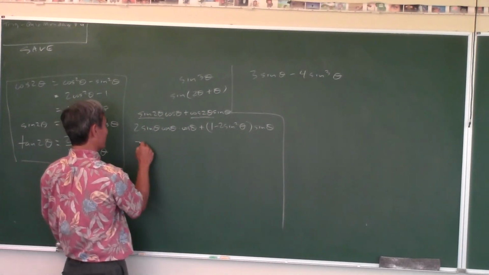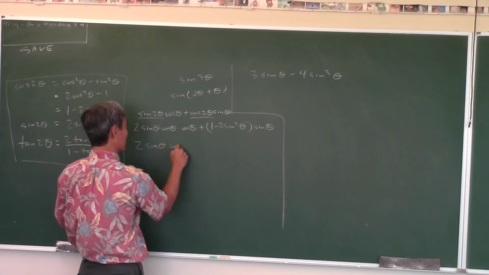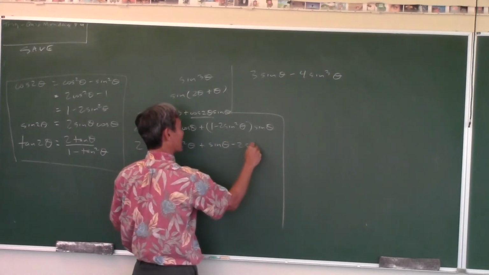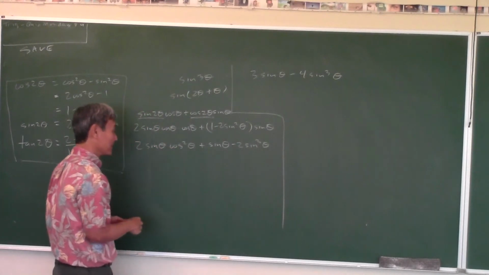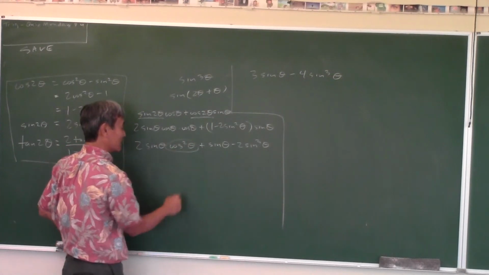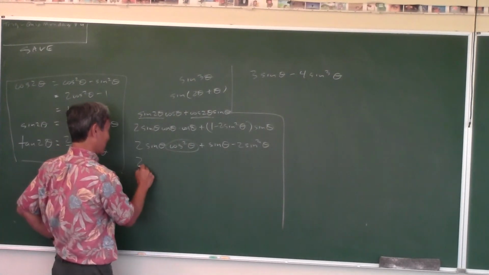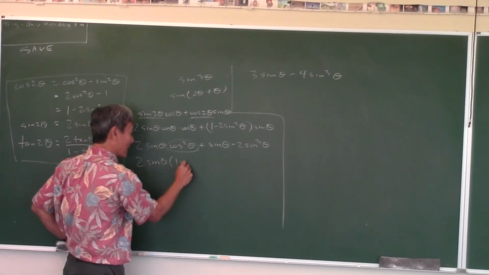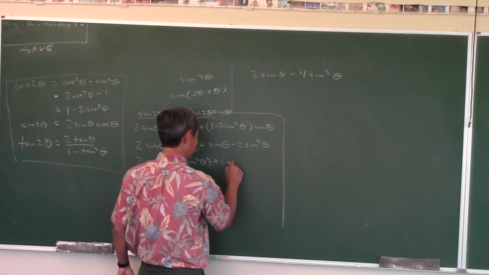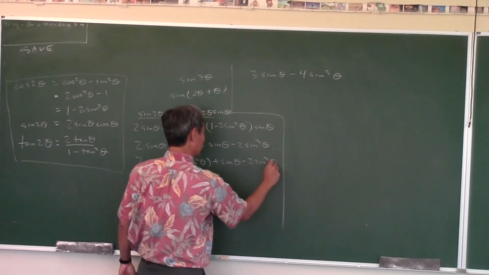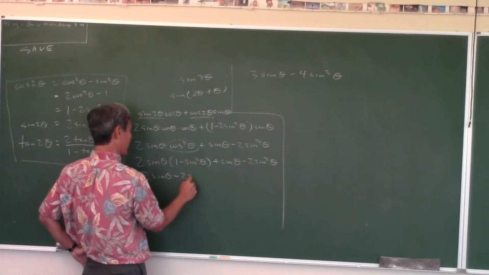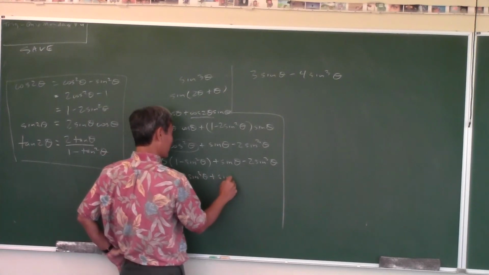Now look at what we got so far. We got 2 sine theta, cosine times cosine is cosine squared. And if you distribute the sine here, you're going to get sine theta minus 2 sine cube theta. See, it's starting to take shape. But Mr. Park, there's only sines over there, but I still got a cosine here. That's easy, because what is cosine squared theta? Pythagorean identity: 1 minus sine squared. Because we want to change everything to sines. Okay, and then if you distribute this over here, you get 2 sine minus 2 sine cubed plus sine minus